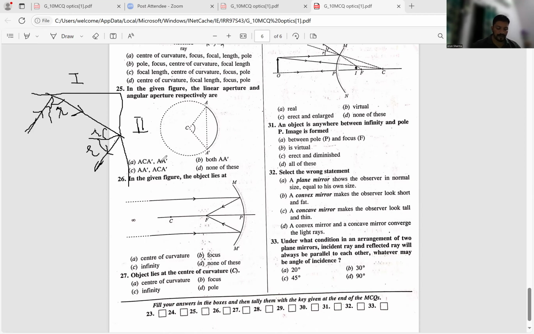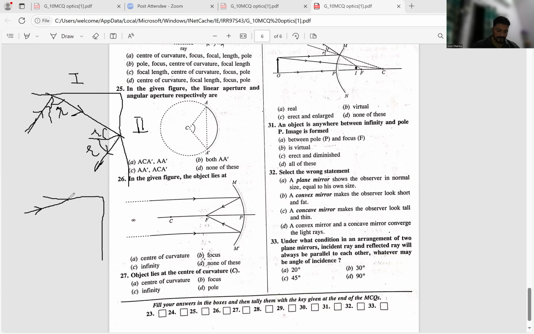So if plane mirrors are placed perpendicular to each other, it means we make two parallel rays. One incident ray strikes on a mirror,